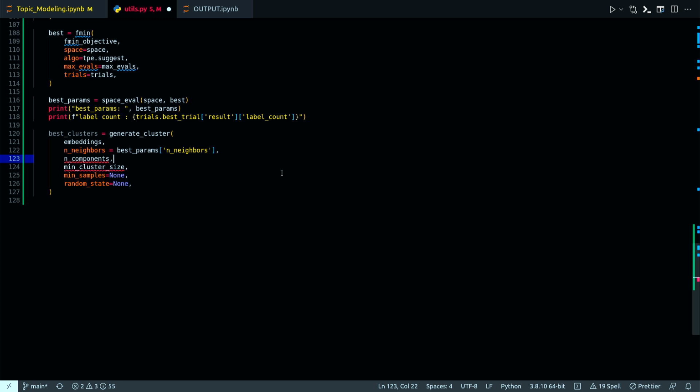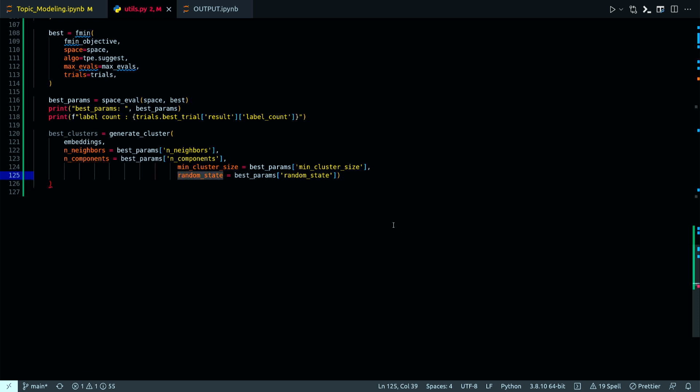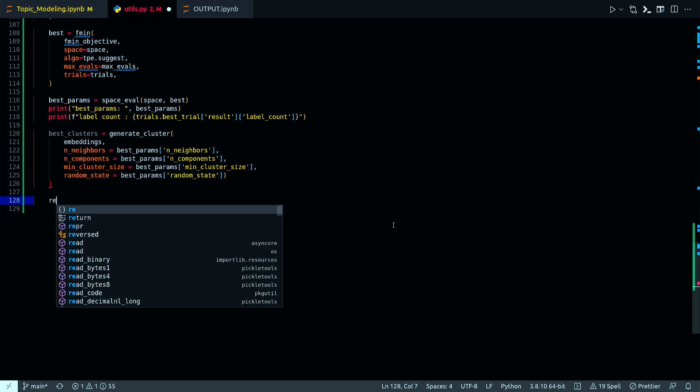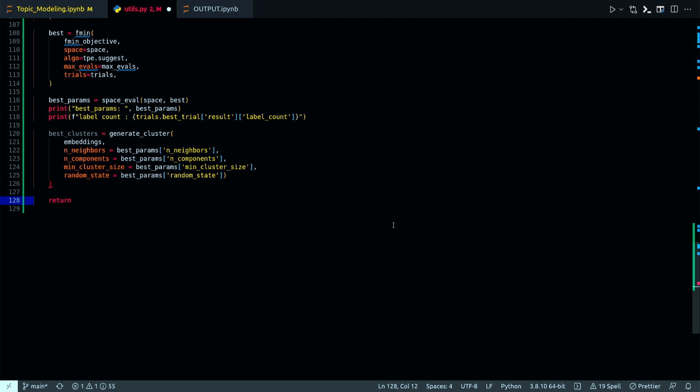Similarly in components, and the rest of all the things actually will be coming from best params. And what it will return is